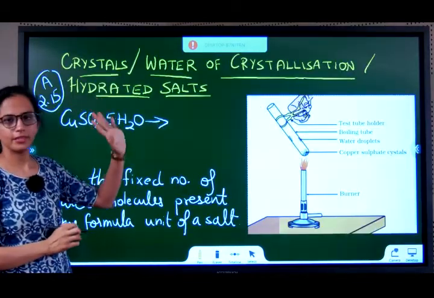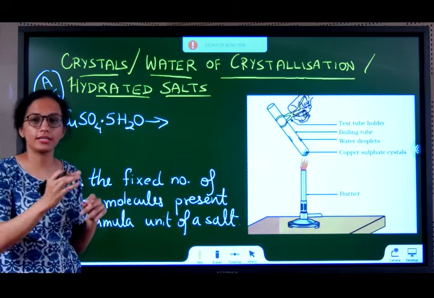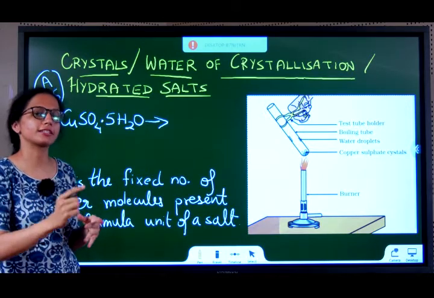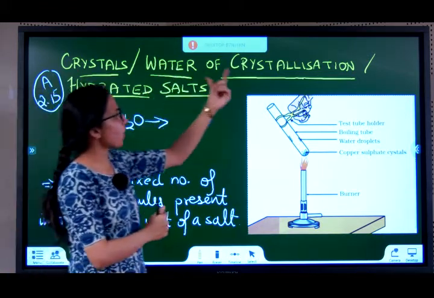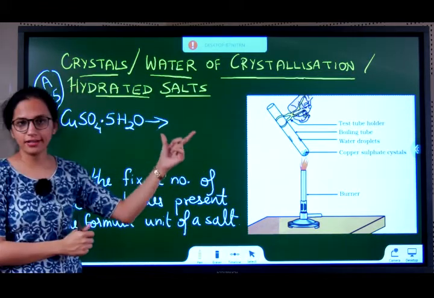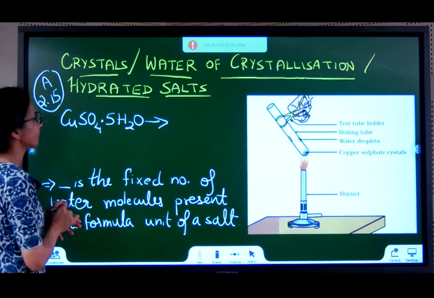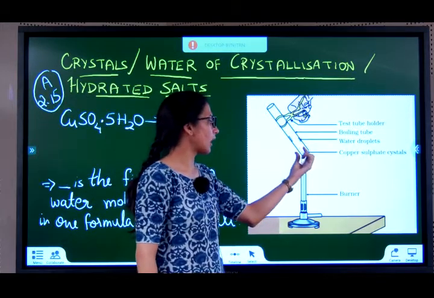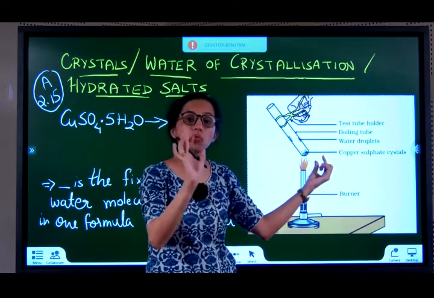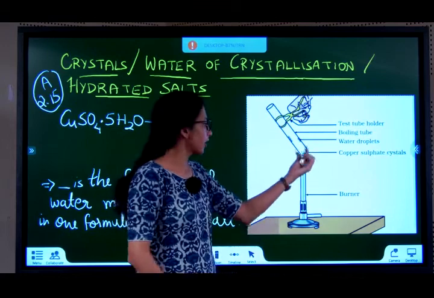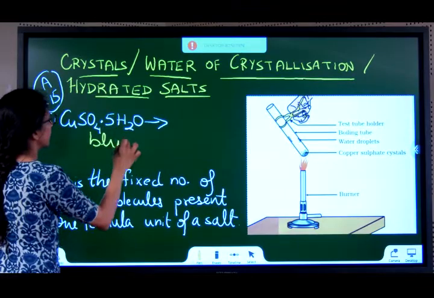Next concept is nothing to do with the next salt we are studying. I just explained crystallization in the previous topic, right? When I use recrystallization, we'll study that a little more in detail here. Referred to as crystals, water of crystallization or hydrated salts. What are these? We'll first consider an experiment. Take a test tube and take hydrated copper sulfate here, or copper sulfate crystals. When I say crystals, it means water molecule is there with that salt. So copper sulfate crystals. Copper sulfate crystals are blue in color.